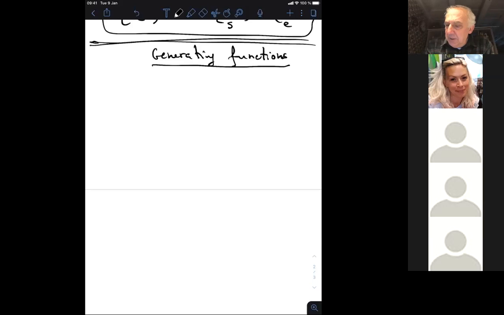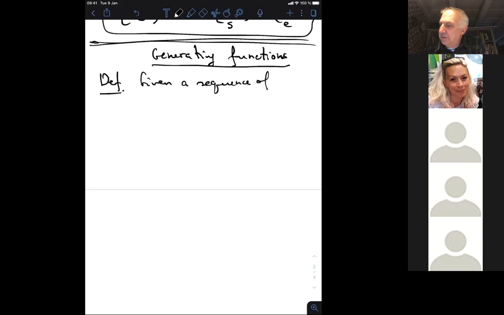So as we have seen, it's sometimes very nice if we have a bunch of numbers to arrange them in a polynomial if they are finitely many. And if we have an infinite sequence of, say, real numbers, we can arrange them into a formal power series. So the basic definition would be like this: given a sequence